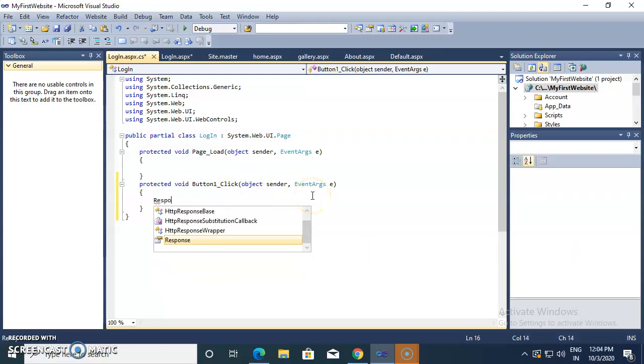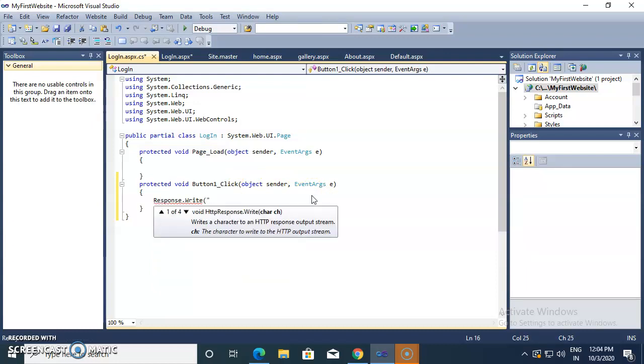Now I am giving one message as Response.Write. Generally in a console application, what we have done is Console.Write. Now to display one message on a web page, you need to use Response.Write. Button 1 is clicked.